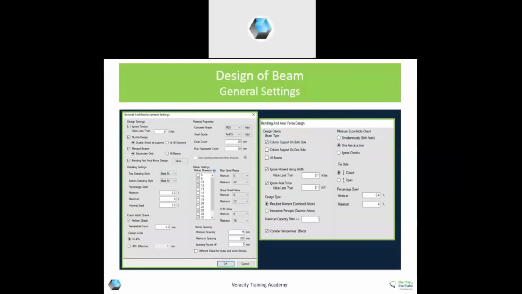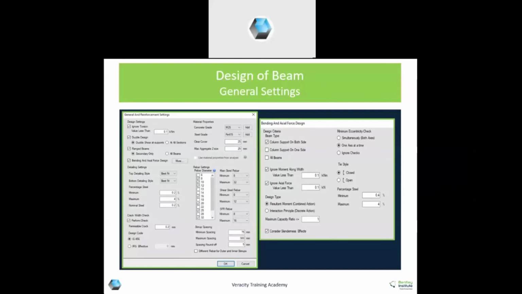Why here secondary only? Because though T beams or L beams at the support, they are treated as rectangular only for the shear checks. So the option of secondary only or all beams is mentioned here.